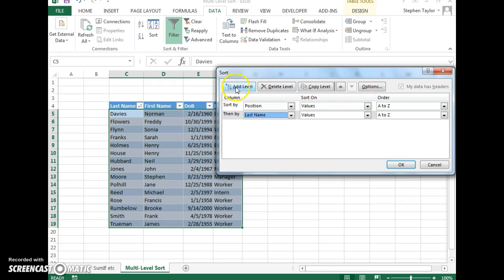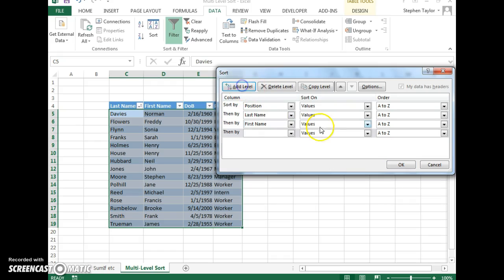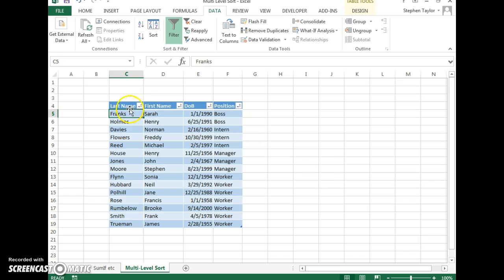and then the first name sorted A to Z, and then if there's anything left over, the date of birth sorted oldest to newest. You can pull that down and choose that way round as well. So we choose OK, and there we get this multi-level sort. Well, we have the boss of all the bosses, alphabetical order of last name, and you can see them all here, all lined up,